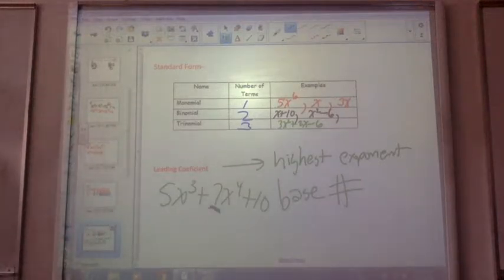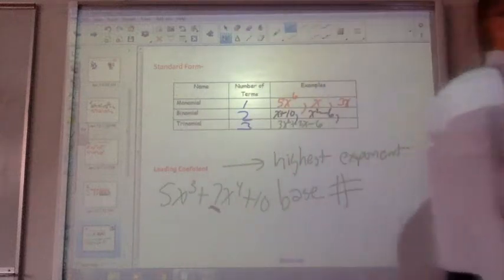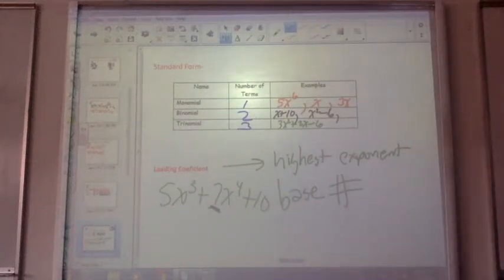That'll be your leading coefficient. You look for your highest exponent, and then you're looking for your leading coefficient. What does the leading coefficient really do to your graph later in math, when you start graphing these really wackadoodle looking graphs? As that leading coefficient gets to be a larger and larger number,